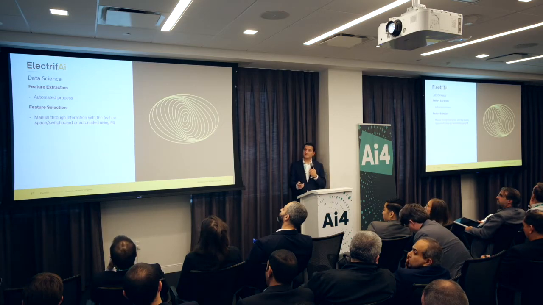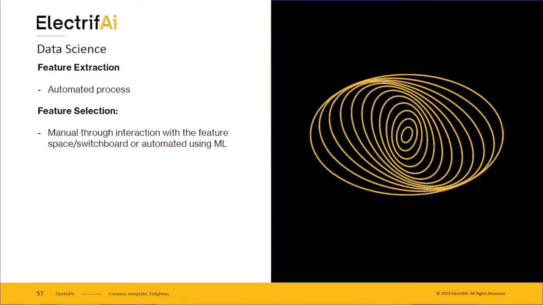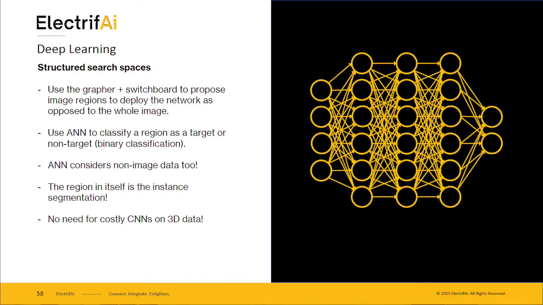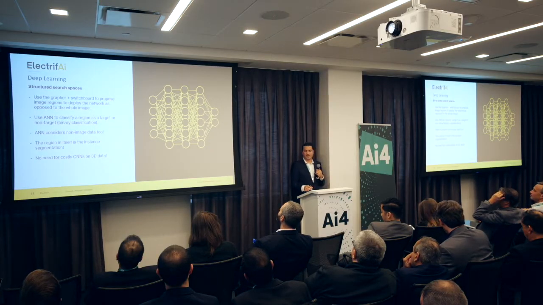With respect to data science, we've seen the automated feature extraction. Feature selection can be done manually or using some machine learning algorithm. And lastly, and this is probably the most important slide of them all, what we did was provide a couple of manual segmentations into the system. But the artificial neural network, and I'm saying artificial because it's not a convolutional neural network, that we've trained was based on blood tests, blood results, and measured segments. So we've established the relation between the two,